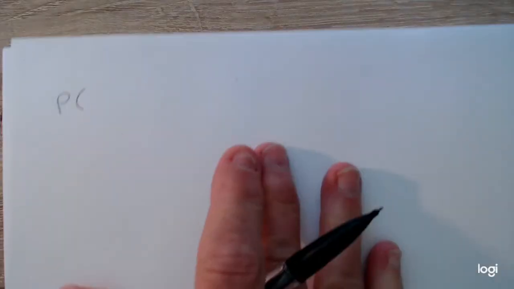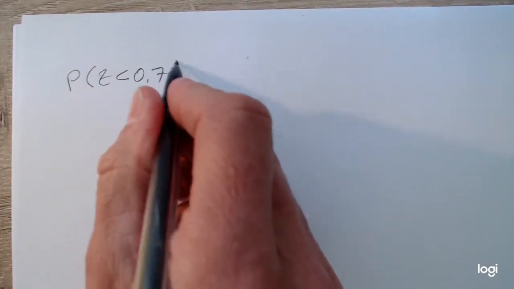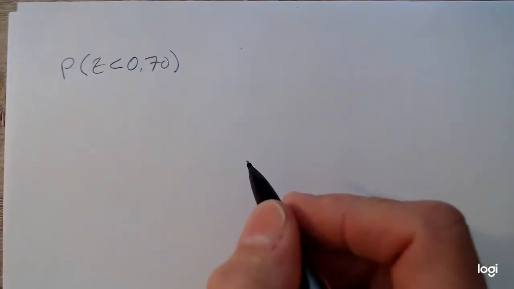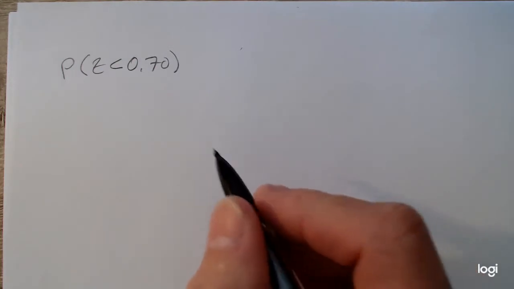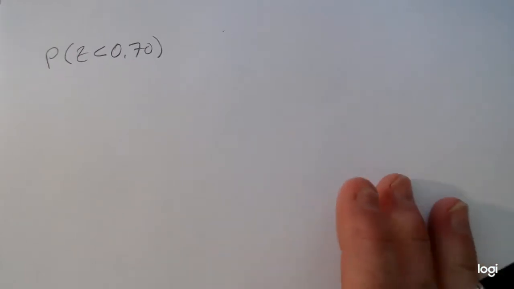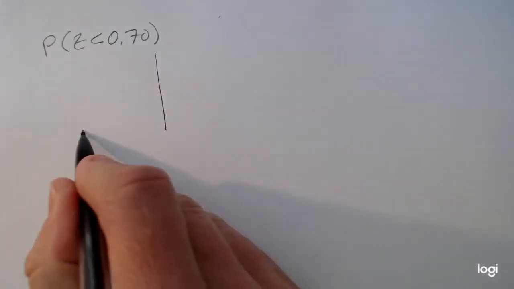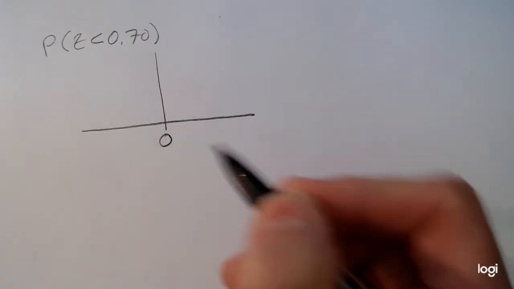So let's start with finding the probability z is less than 0.70. So the first thing you want to do is sketch what is given. Since the letter is z, I know I'm working with standard normal. So I want to draw a bell-shaped distribution with a mean of 0